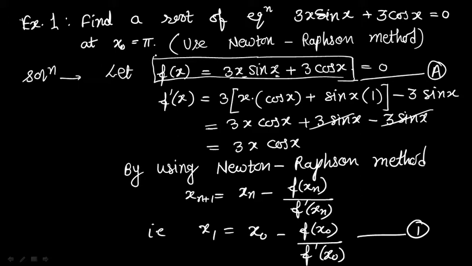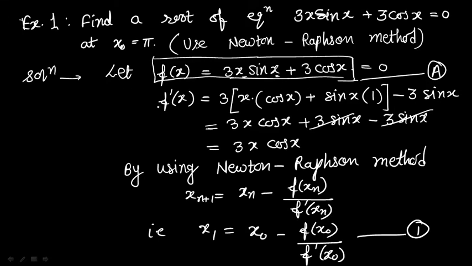If this value is not given, then we consider two values or find two values of x. For one of these values f of x is positive and for the other f of x is negative. In between these, you can choose any one value as x naught which is near and its f of x value is approximately equal to 0. If we consider this value, then the number of iterations will be less. Now here a value is already given, therefore consider f of x equal to the given expression, equation A.